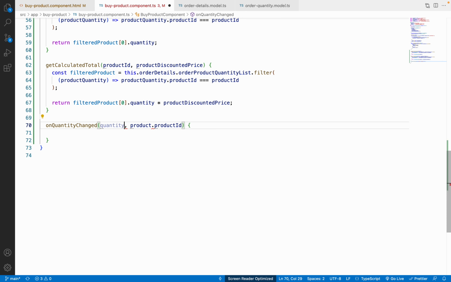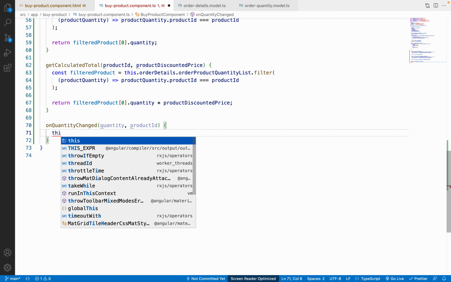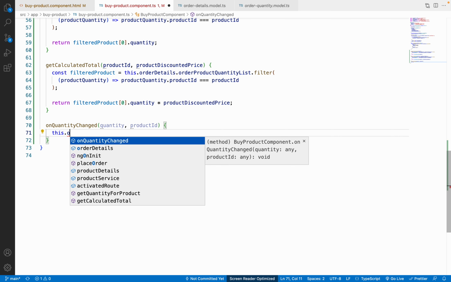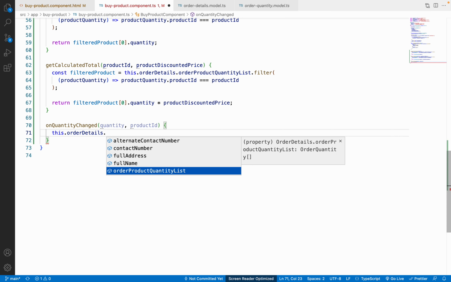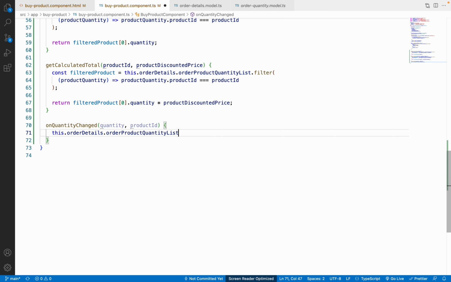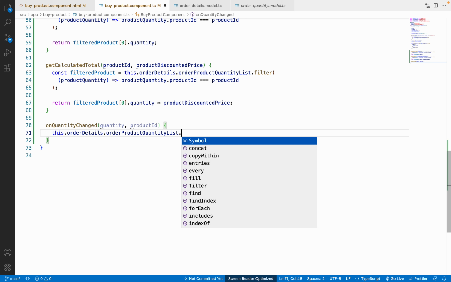Let me remove the unneeded information, so we can skip quantity.productId. onQuantityChange is a function. Now once quantity is changed, we have to perform a very small thing. What we have to do is use this.orderDetails.orderProductQuantityList, and again we have to use filter,